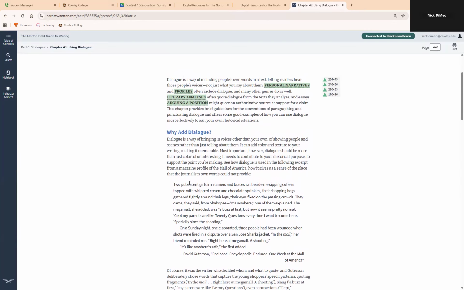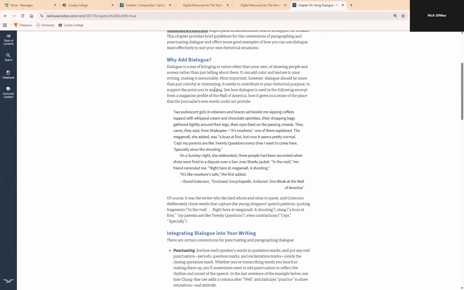Of course, you'll probably want to read through this a little bit more when you have a chance to go through the textbook yourself. This is chapter 43. This first example talks about two young girls visiting a mall, right? We've probably all done that. And you can see a kind of conversation here within a paragraph. The paragraph talks about these girls in a mall, very descriptive, and the conversation's happening